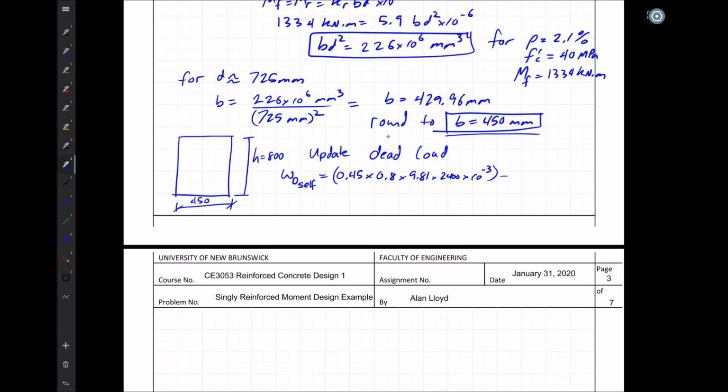And this would be 8.5 kilonewtons per meter, meaning W dead total is going to be 8.5 plus 40, and this gives us W dead of 48.5